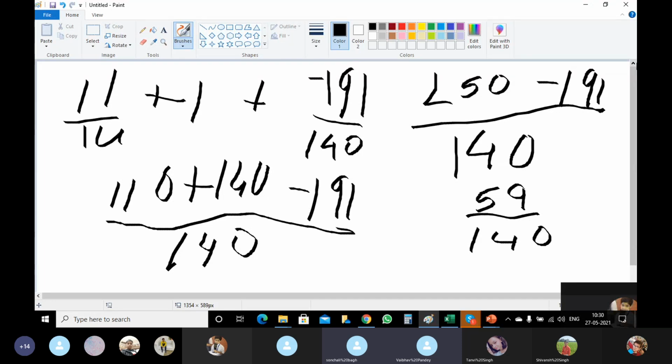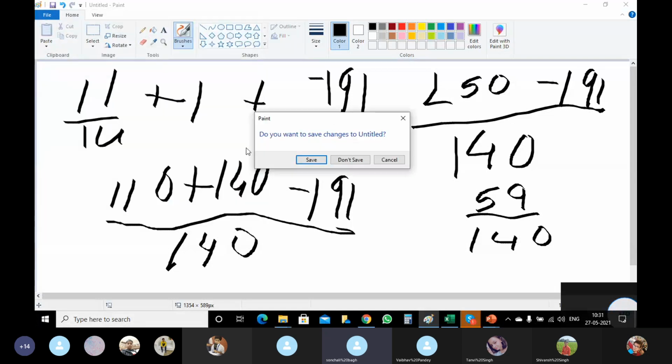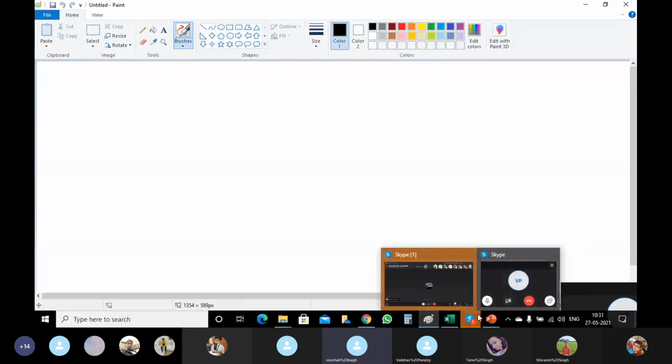So in the same manner, you have to do question number 6. See, you can see in the first one, 6. Can you tell me? You don't have to solve. Only tell me which property to be used. In question number 6A, which property is being used? See, observe it properly and tell me.